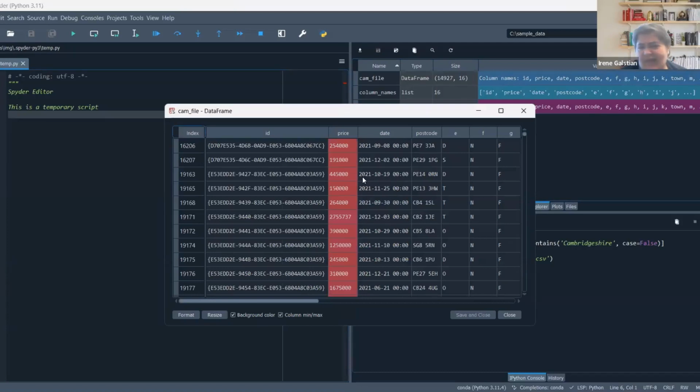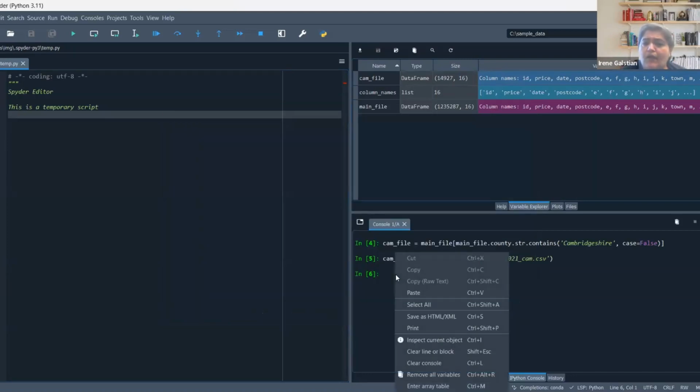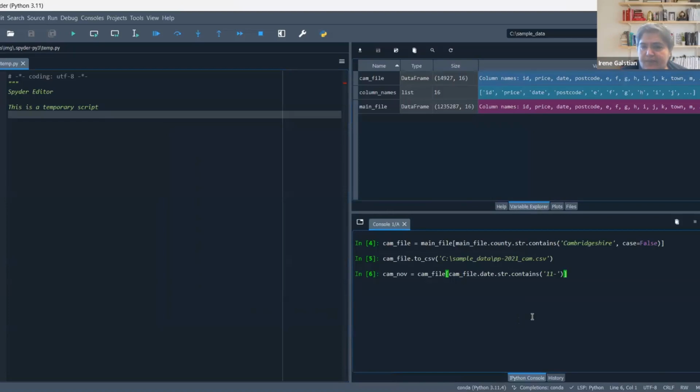And I want to use the date as the most ordinary string: year, month, date. So I want to be slightly clever and say this. Create a new data frame, a spreadsheet-like object, extract from CAM file all of the things where the date column